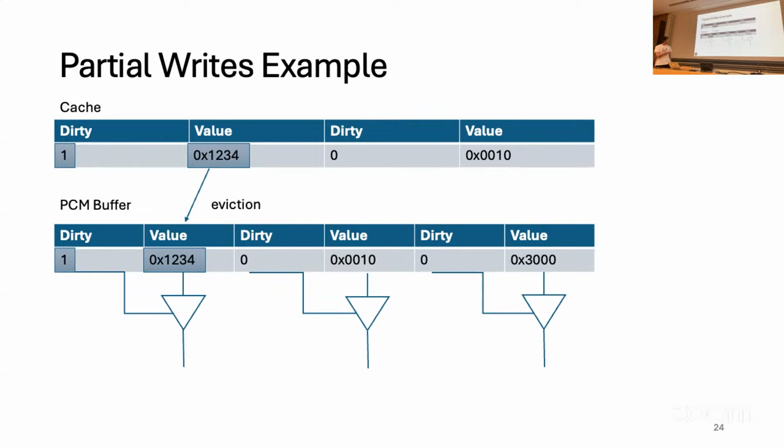And then we also mark it in the PCM buffer. And now this dirty bit really controls pass gates and makes sure that only the written word here, the modified word here is written back. So usually, or in the naive baseline, the other words part of this buffer row are also written, right? So we save